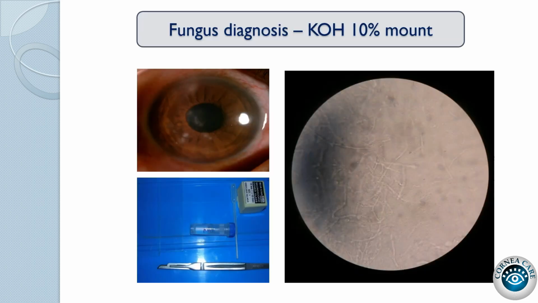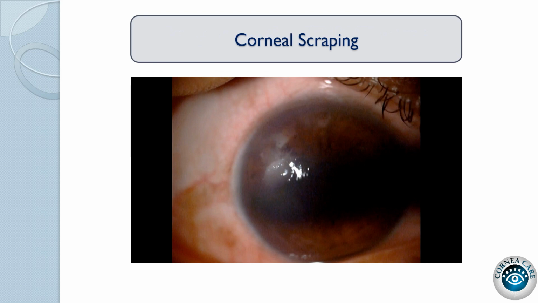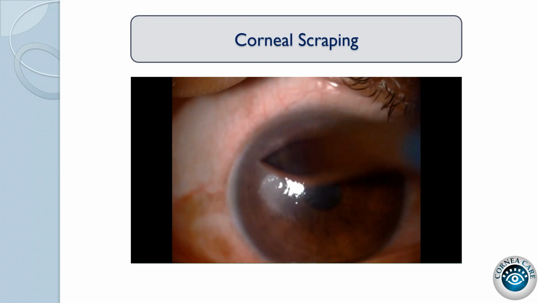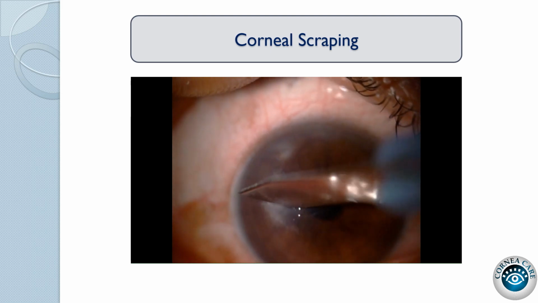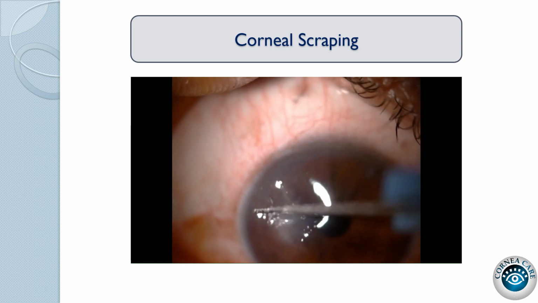As discussed earlier, we don't have access to extensive microbiological workup and cannot check for every organism. But a very easy and simple test can help in detection of fungus in most of the cases. And for this, corneal scraping is the first step. For this, we put Proparacaine eye drops and we scrape the ulcer with a number 15 blade. We use the curved belly part and not the tip of the blade.